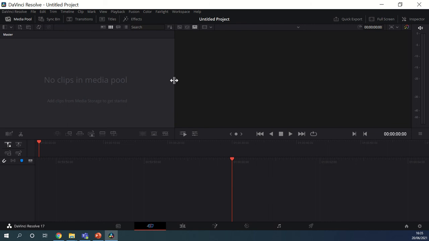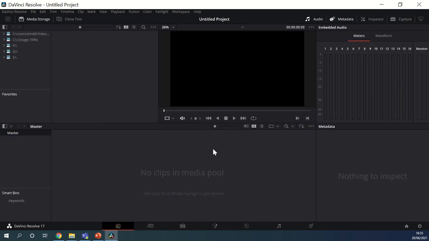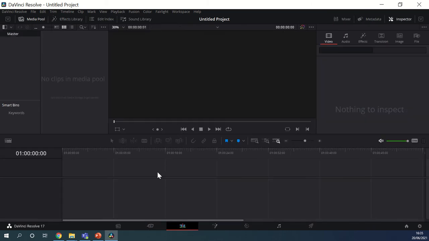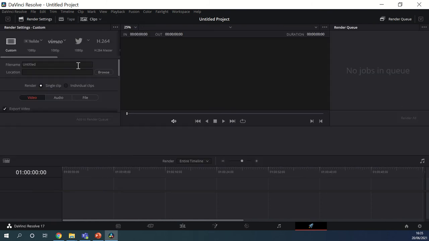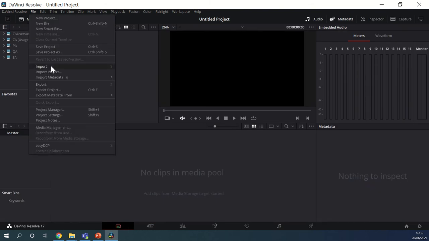So to talk you through the DaVinci Resolve software, we've got a media pool here where you can view your different clips that you import. You've also got another one which is the editing part, which has got at the top here the main bit I use, video and then sound. And then towards the end is how to render your clip together, so merge all the clips into one. So to start off, what I'm going to do is import